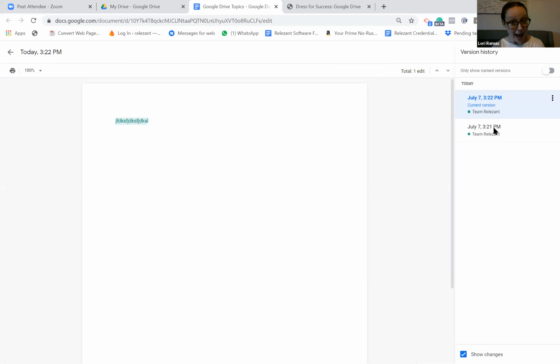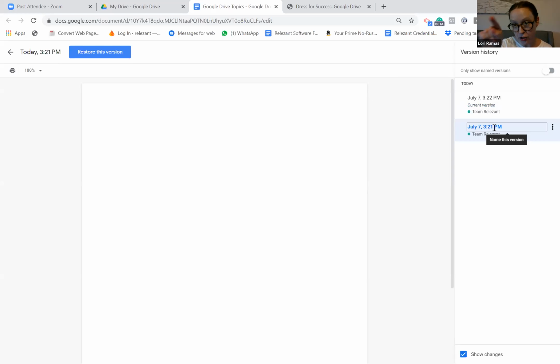You can go back to that version because it says in the top, version history, and you can restore it. You can restore, see who edited, what time, what day. So that's another cool feature that you personally might like. And I don't know if anyone else watching appreciates that feature, but awesome. Yeah, a little bit of a fail safe, just in case.